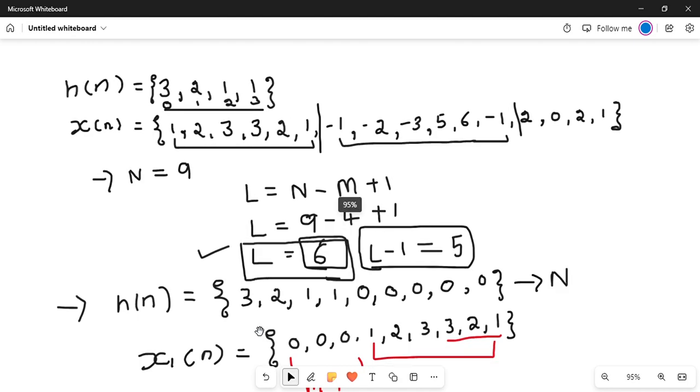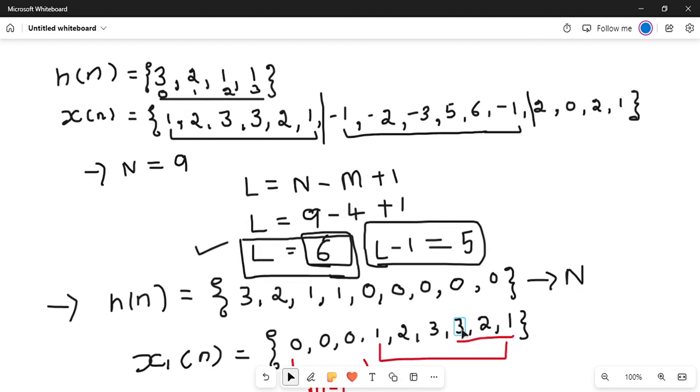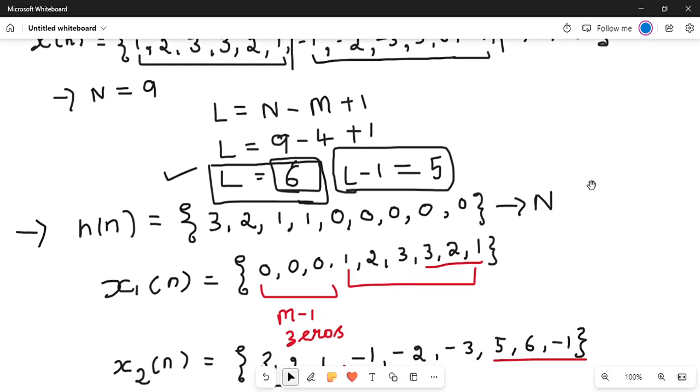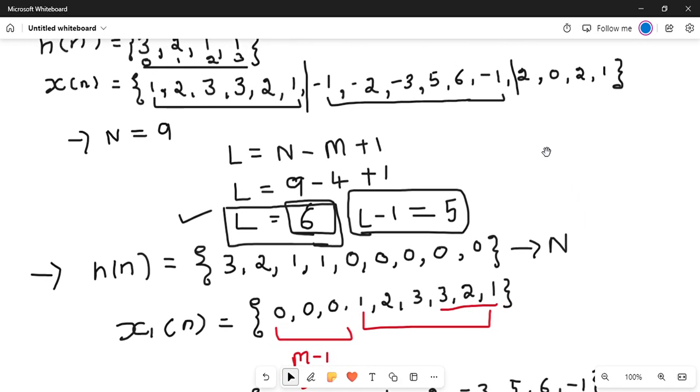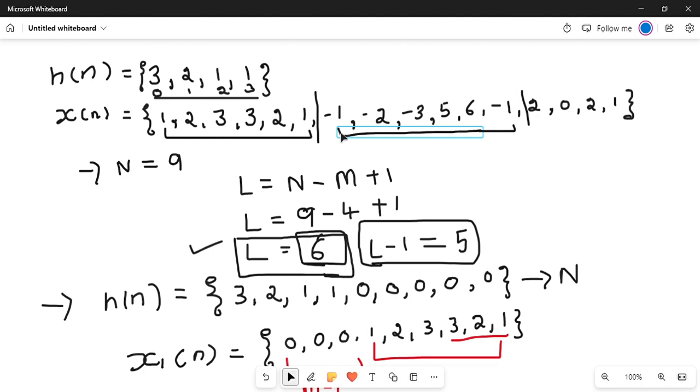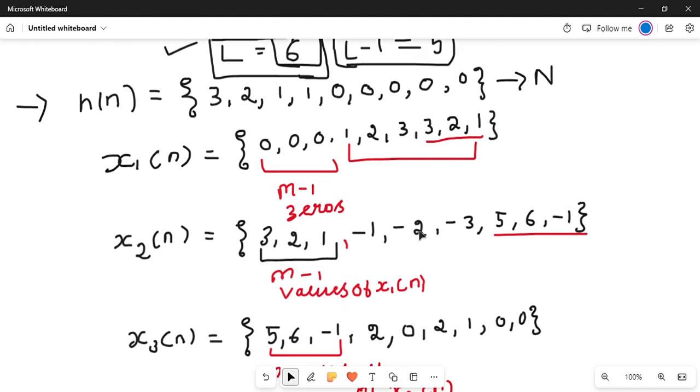And for x2 of n, we'll take m minus 1 values of x1 of n. So m minus 1 values means 4 minus 1, which is equal to 3. Fine. So 3 values of x1 of n we have taken. Just a minute, I'll just push it. Okay. The m minus 1 values of x1 of n we have written over here, and then we have taken the second 6 division, that is, from the division of the values by 6, the second division. We have taken it into consideration, and that one we have written over here. Okay. And then